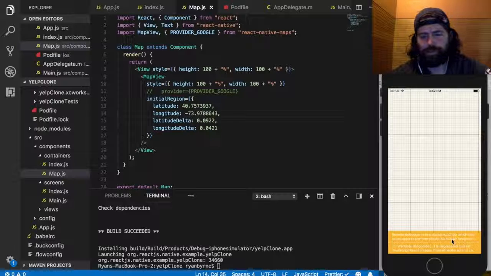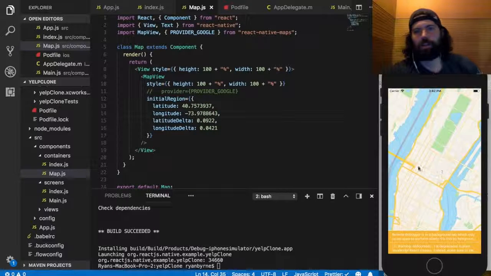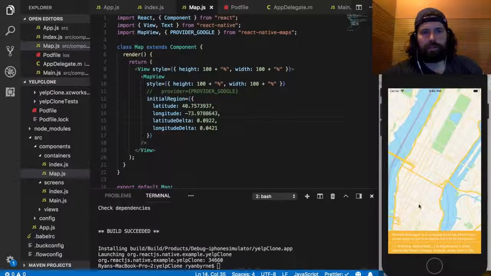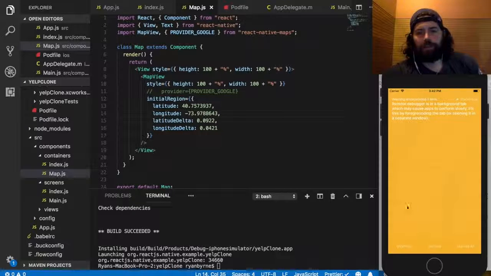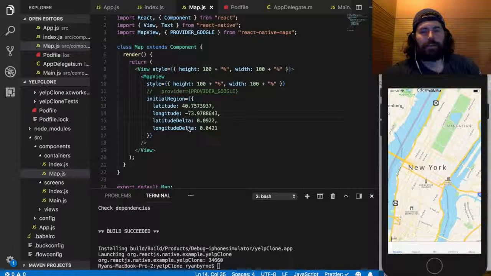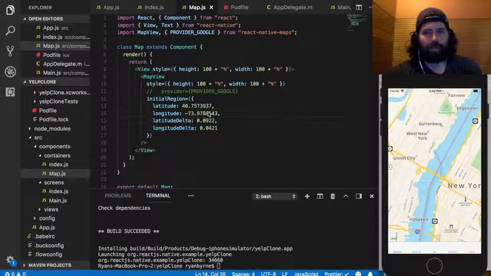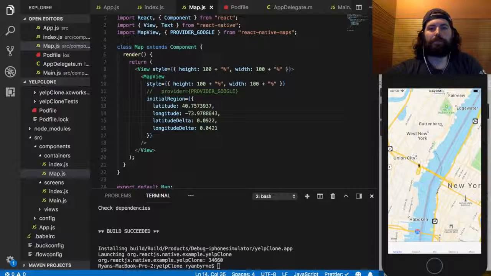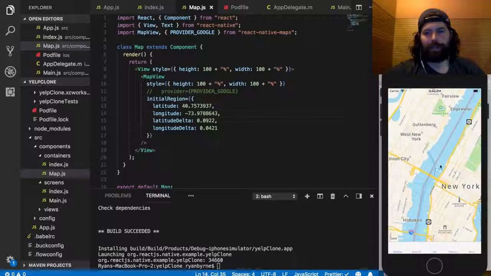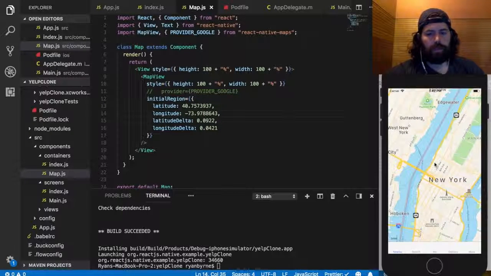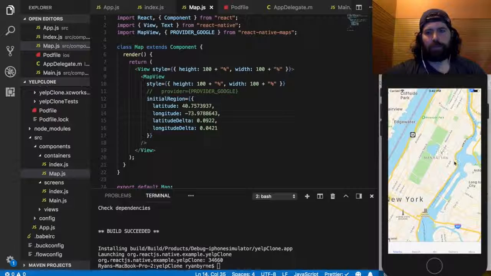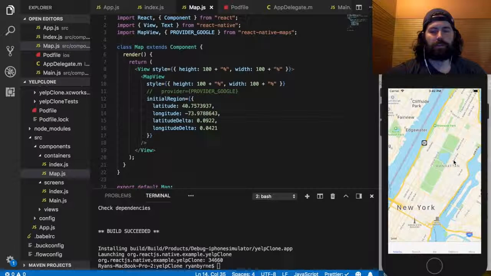It's pretty slow. I'm going to try it out on my device. And look, see, now we're in New York. And so these values here, we're going to use them in the search bar to position our map accordingly. And then we can also search based on this area of the screen here. So there's a lot of stuff we can do. And now that we have this set up, I think it's going to be pretty cool to get this all working. So I'm going to pause this one up here. And in the next video, we're going to install a couple of markers just to see how